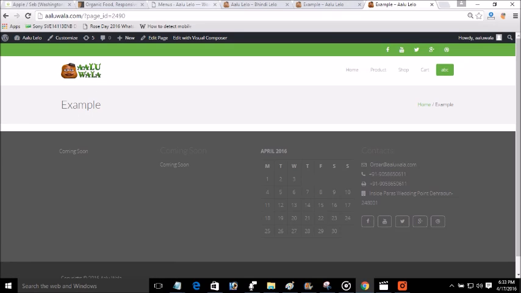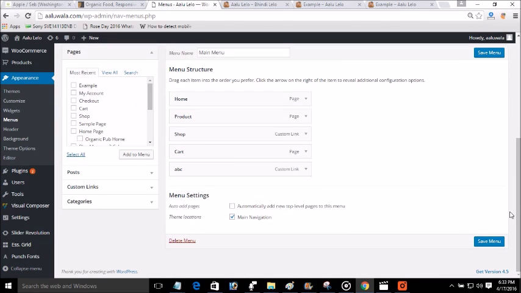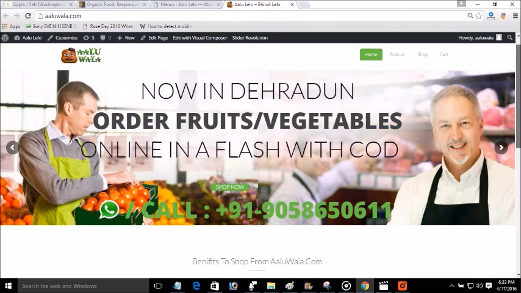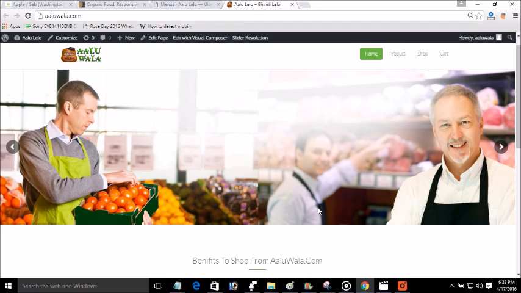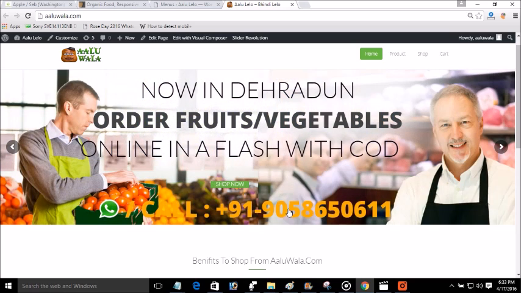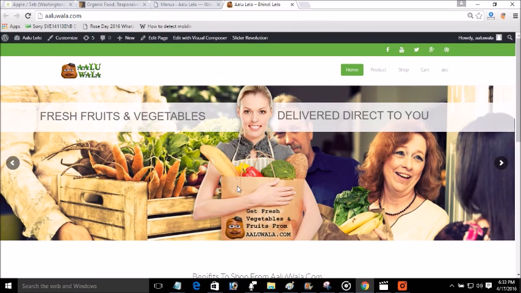Here it is. So after creating the menu bar, you will come to the slider, which you can see I have created for my website. This is the Revolution slider, which is very good, and you can also provide links. When someone clicks here, he can call on this number directly. You can place HTML tags. It will not work here because this is the desktop site. When someone clicks from mobile, he will directly call this number, or he will click on Shop Now and be redirected to the products page.